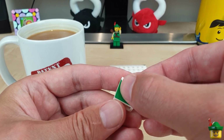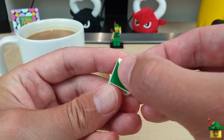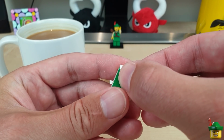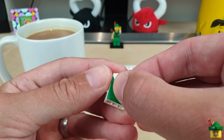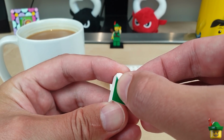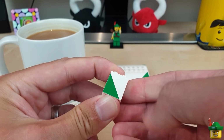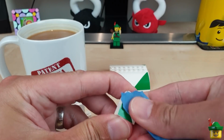Now I find that when I've just got the corner on, I'm still able to drag the sticker a little bit, and I can just check with my thumb that there's no overhang of the sticker on any of the sides. And then when I'm happy with it, I can push it down. If I give that a quick